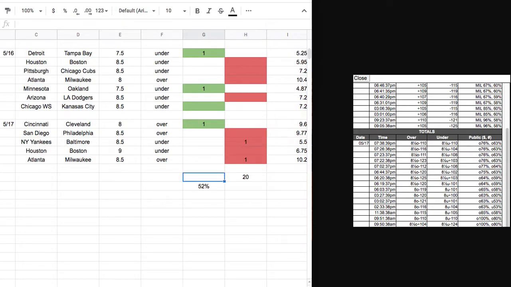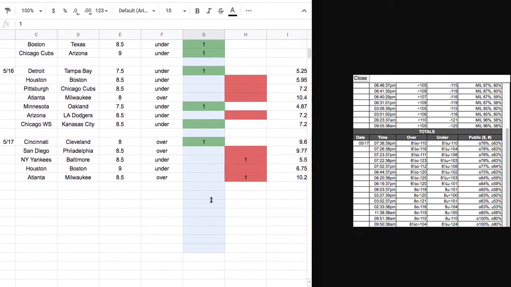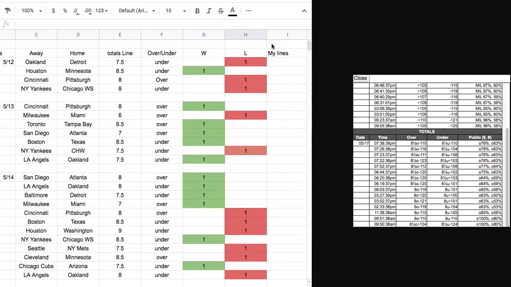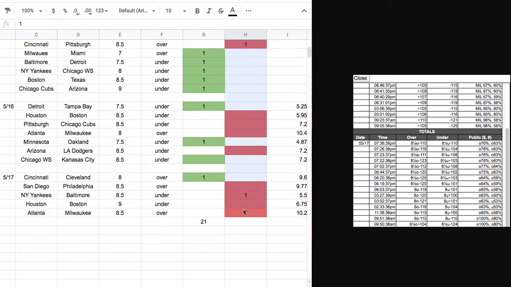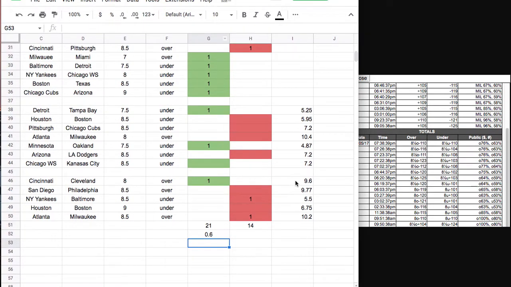So now what happens if you add all this up? Check this out. And this is why, I'd say, let's see, 21 and 14. So that's going to be, and I'm in Google Sheets, by the way, which is a must-have app. So that'd be 21 divided by 35. Is that right? Yep. And now you got 60%. So you took a model that was right at 52% and turned it into a model that's 60%, just by